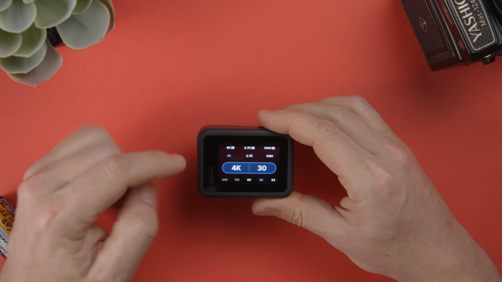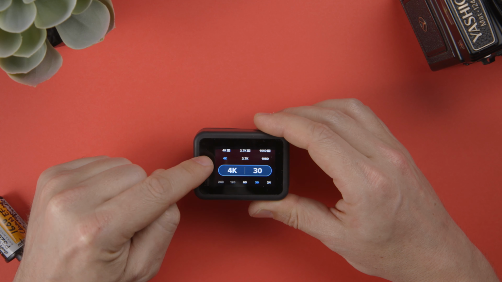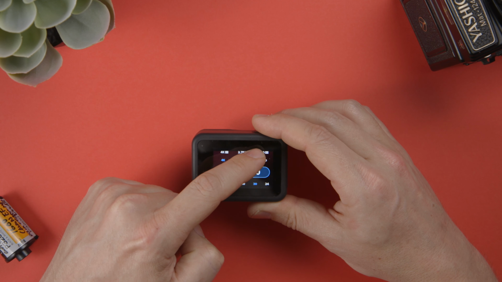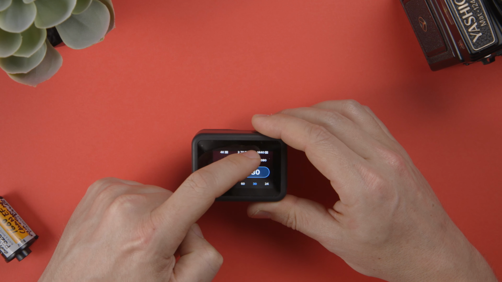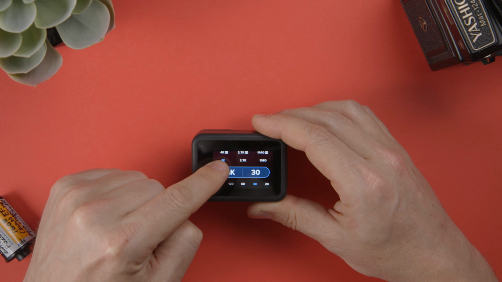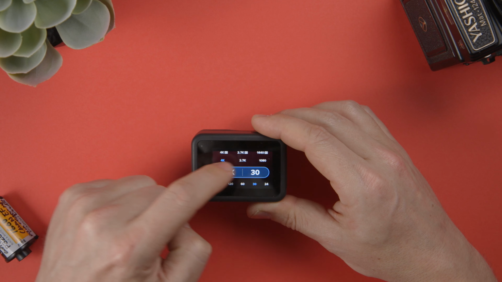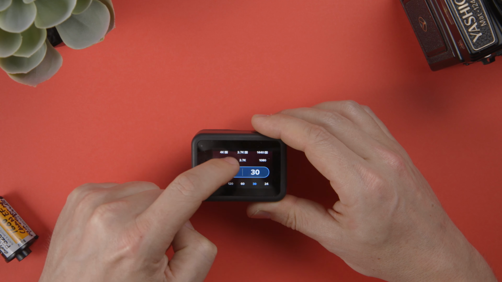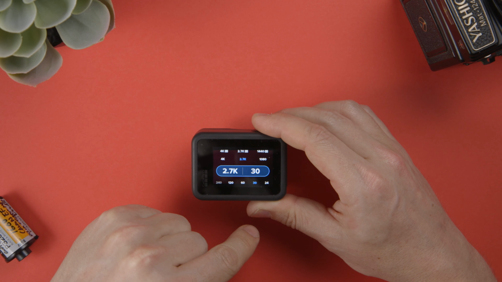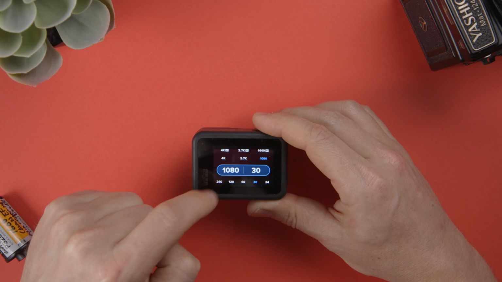to resolution and frame rate. So here you have 4K 4:3, which is the more boxy, old TV sort of style, 2.7K 4:3, 1440p, which basically is 4:3. Then you have the 4K, which is 16:9, which is the normal TV, YouTube sort of video, 2.7K and 1080. So for example, for 4K, they give me the frame rates. If I go to 2.7, they give me up to 120 frame rates, and 1080 gives me up to 240